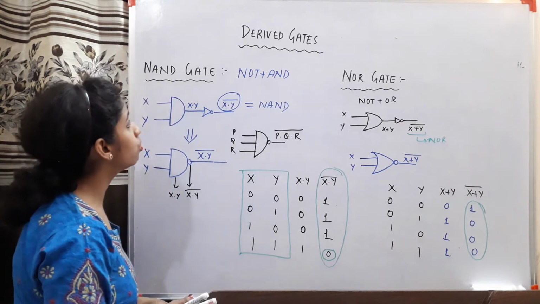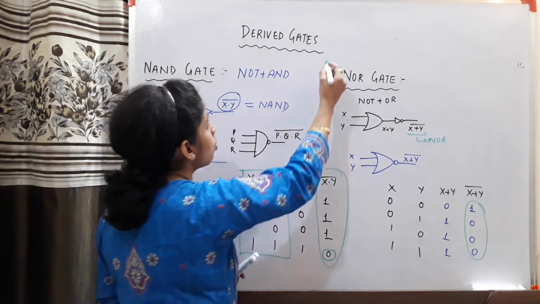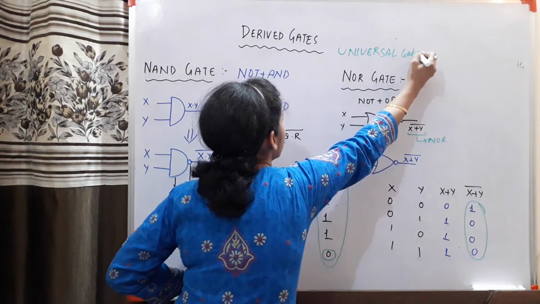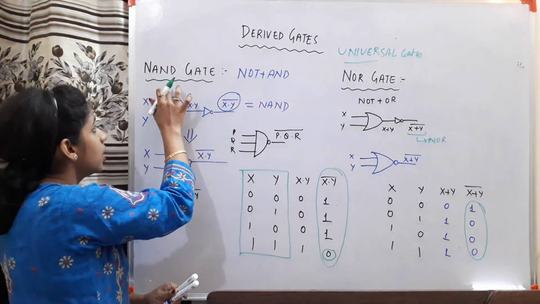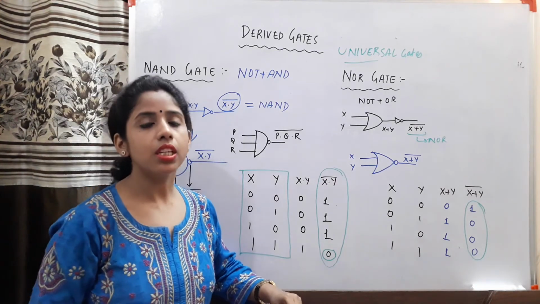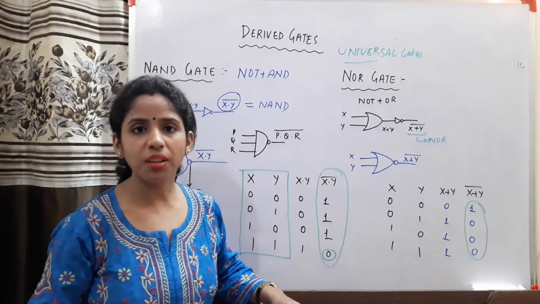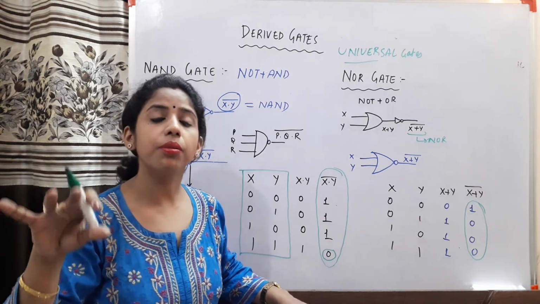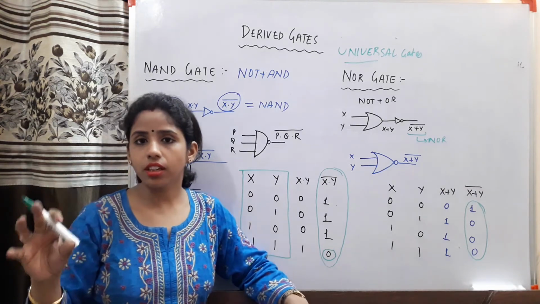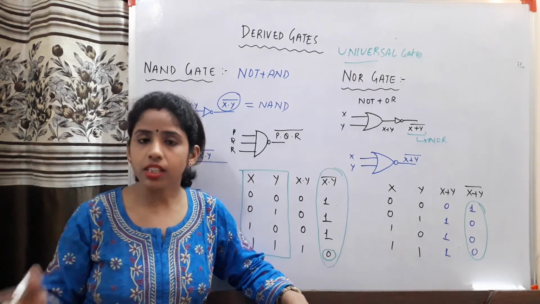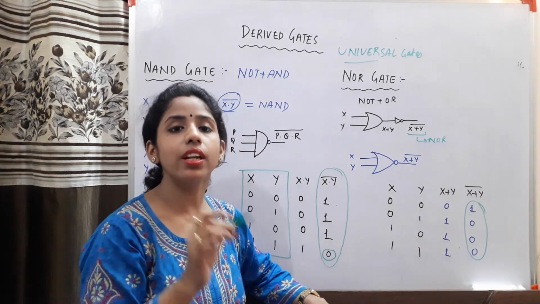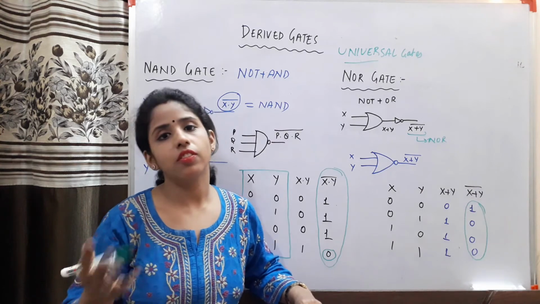And children, one thing more I want to tell you about these two gates is that they are called universal gates. Why they are called universal gates? Because these two gates, meaning this NAND gate, can perform the work of AND, OR and NOT individually. Means if you have a circuit made up of all the basic gates, then the entire circuit can be made with the help of only and only NAND gates, multiple NAND gates. That entire circuit can be drawn using NAND gates only, and the output of both the circuits will be same.